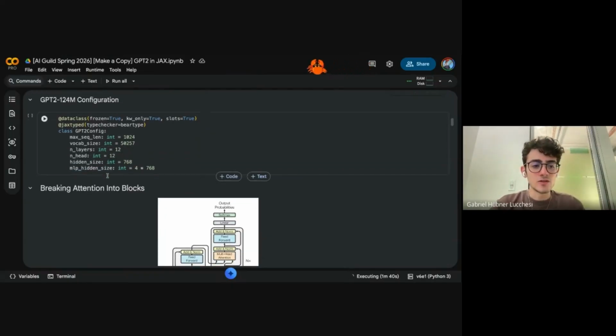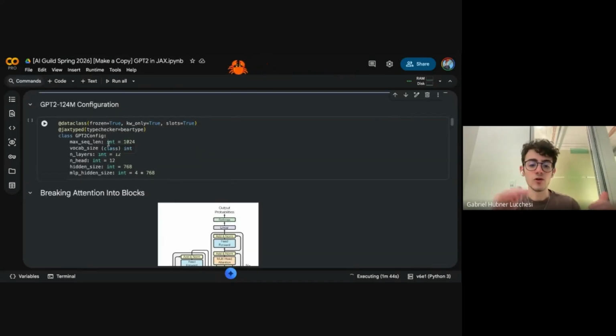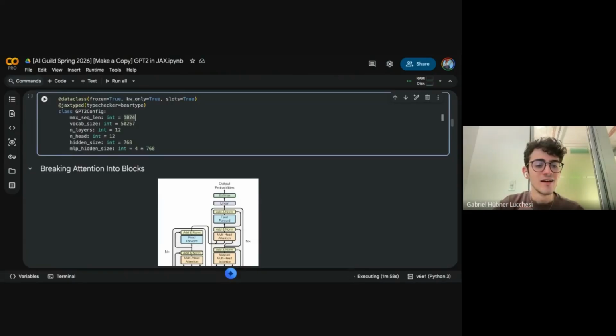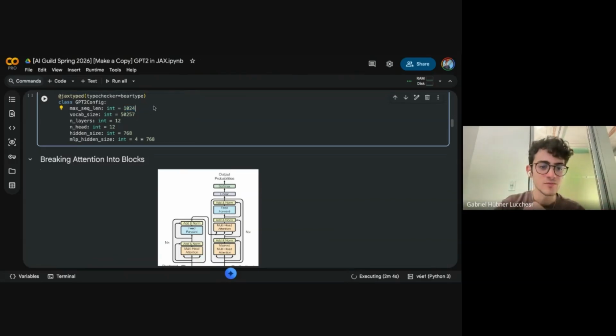Now we're going to be using GPT-2, 124 million. So overall, everything that's trainable in this model, there are 124 million of those numbers that we're going to tweak with gradient descent. And trust these configurations here, they're going to add up to 124 million at the end. Essentially we have the sequence length, which is how much text it can read at once and also produce later.